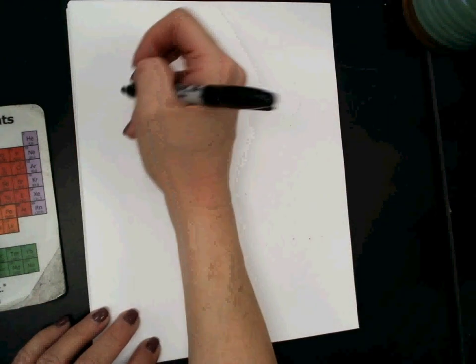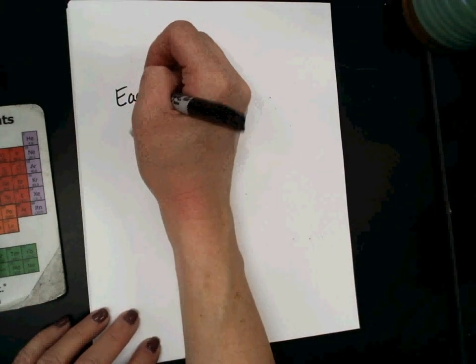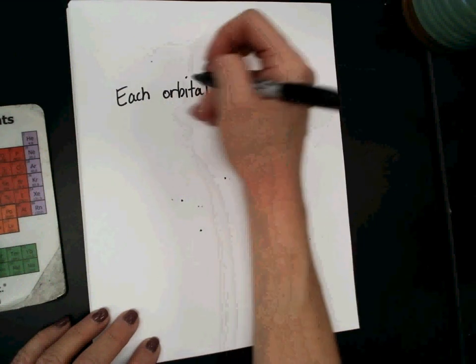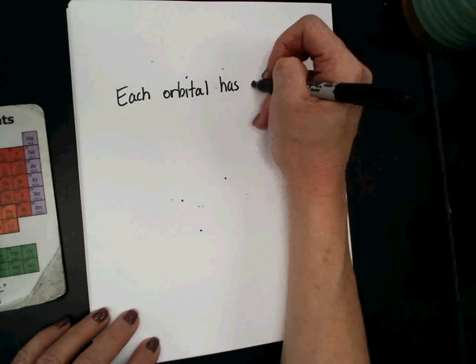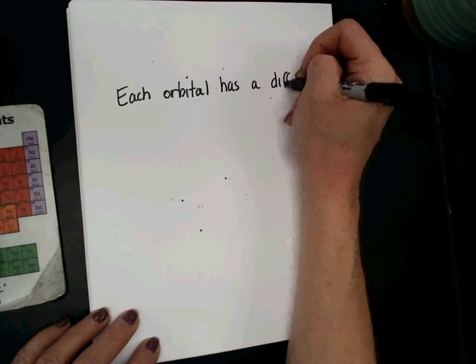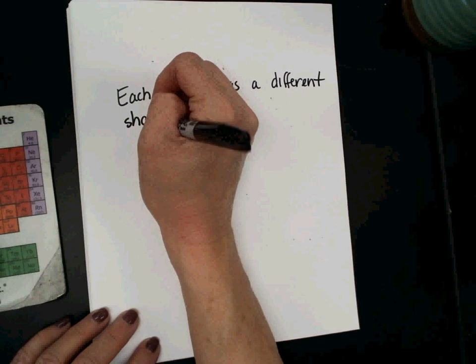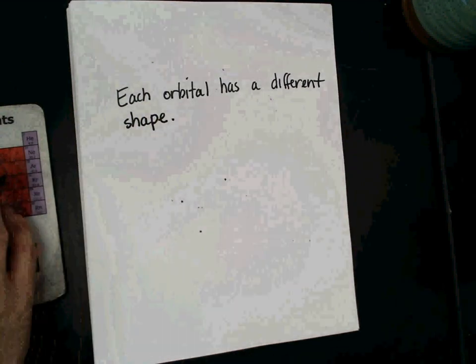Okay, I'm going to have you write something down real quick and then I'll stop. Let's just add that each orbital has a different